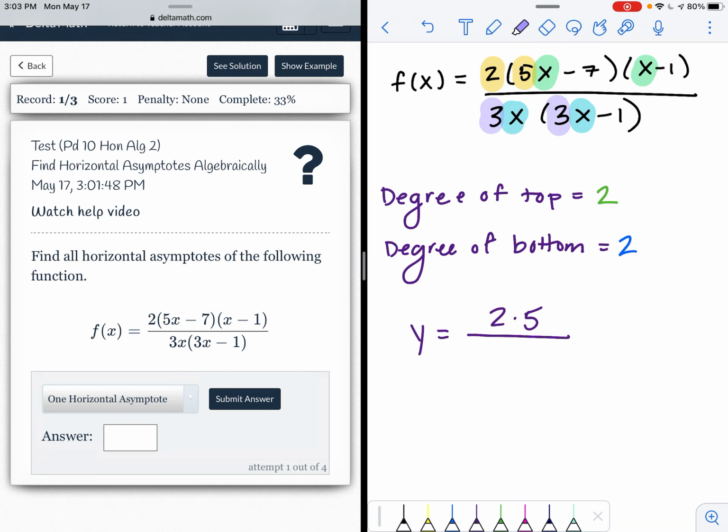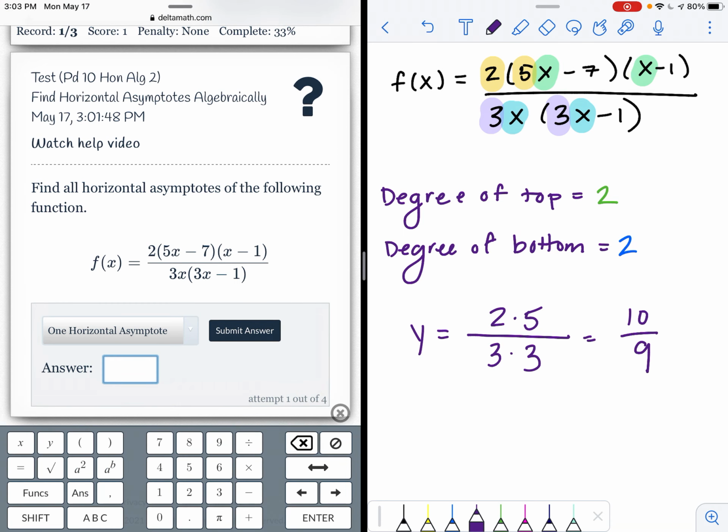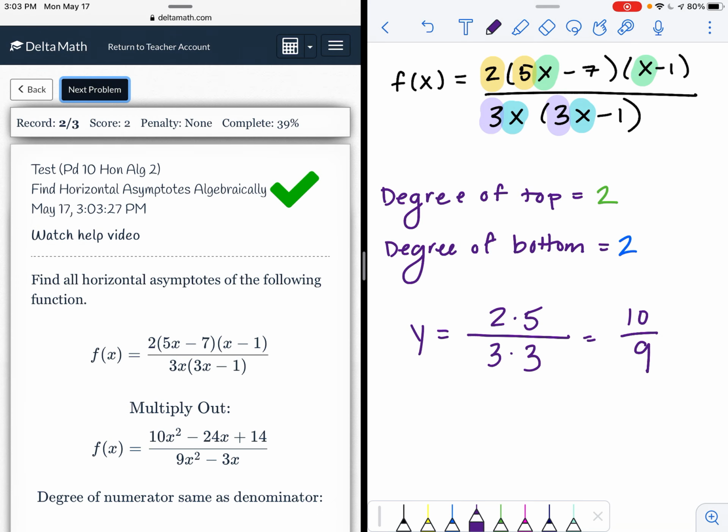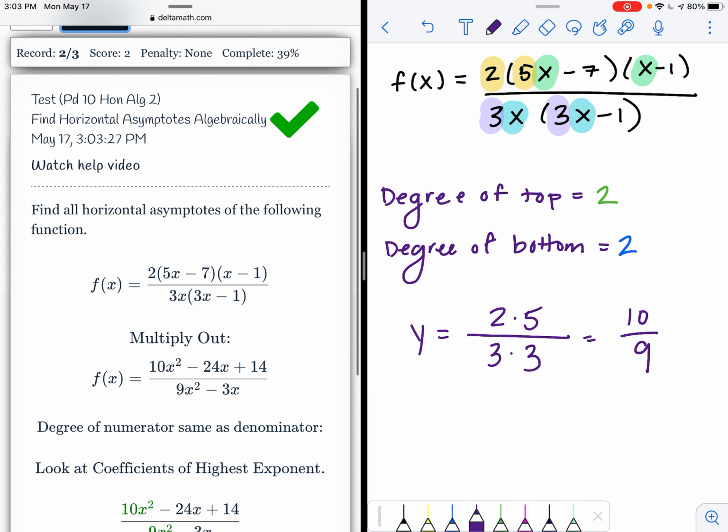And I don't think I've used purple yet. And in the bottom, I'm going to have 3 times 3. Because if I were to multiply everything back together, eventually I would multiply those numbers together. So I'm going to get 10 over 9. So my asymptote here is y equals 10 divided by 9. It's a little bit more complicated factored out like that just because you